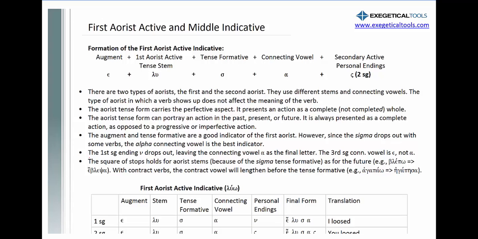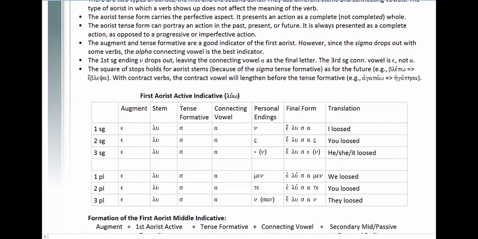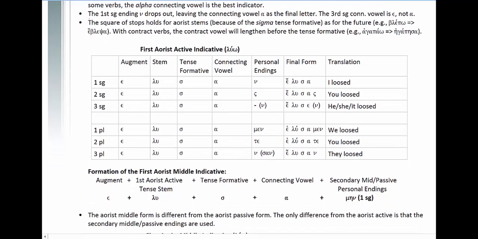And then another indicator is the tense formative. When you have that sigma in the middle of a verb, like elusas, and especially the alpha, because sometimes that sigma will drop out with some verbs, but especially the alpha connecting vowel is your best indicator. So if you see an alpha connecting vowel, especially with an augment, that's a pretty good sign of a first aorist. And you see that the secondary active endings, remember the first person singular and the third person plural, the